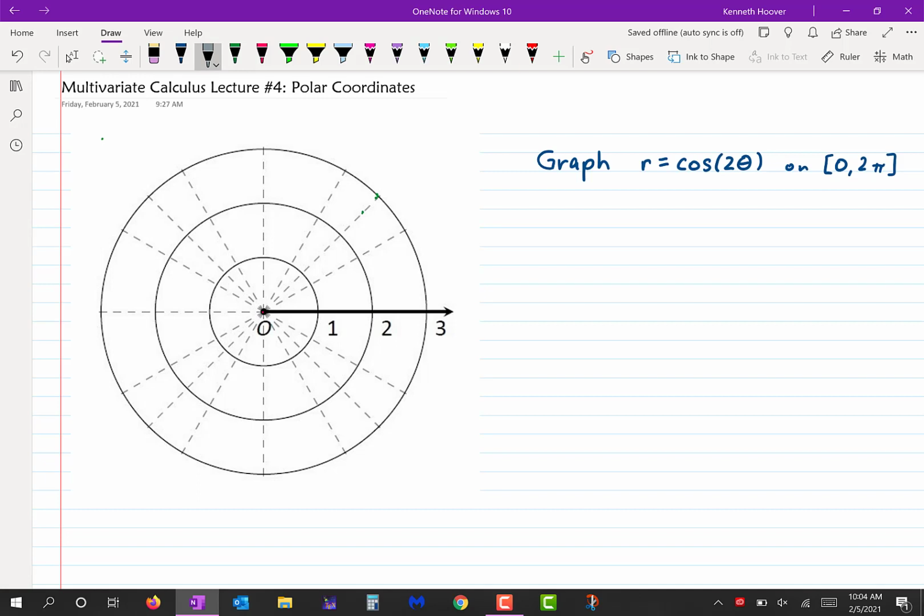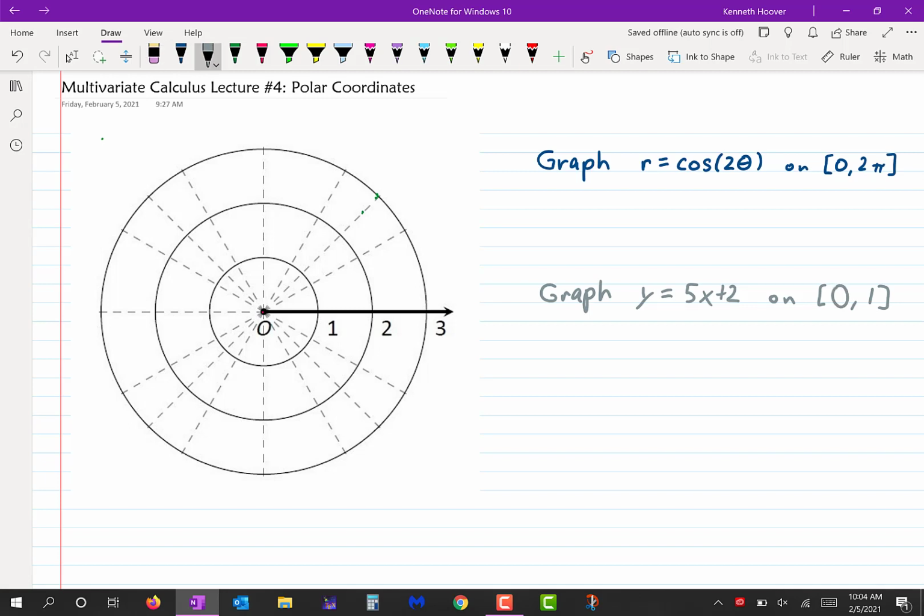You're used to seeing things like this in calculus, right? Graph y equals 5x plus 2 on the domain 0 to 5 or 0 to 6 or whatever you want. Let's write 0 to 1. Okay, you're used to seeing things like that, correct? All right, so